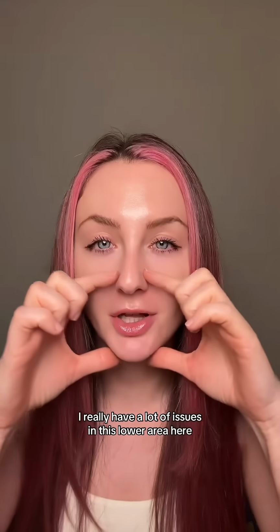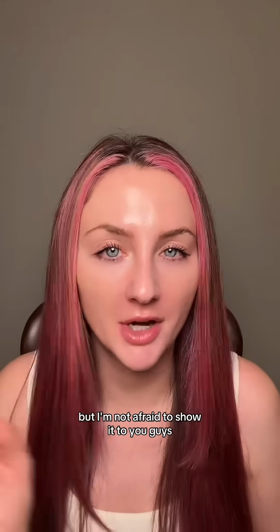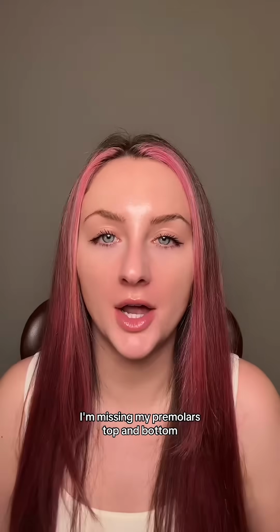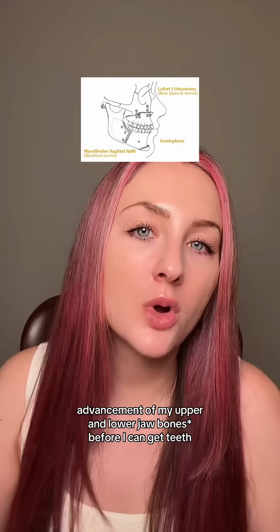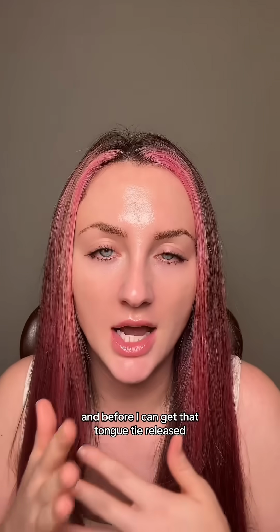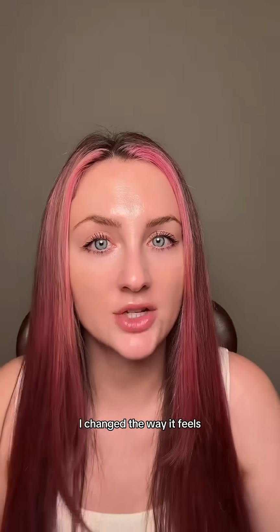I really have a lot of issues in this lower area here. So I usually wear partials, but I'm not afraid to show it to you guys. I'm missing my premolars, top and bottom, and I actually have to wait to get jaw surgery, advancement of my upper and lower jaw, before I can get teeth, before I can get implants, and before I can get that tongue tie released. All of this is to say, I changed my face, I changed the way it feels, looks,